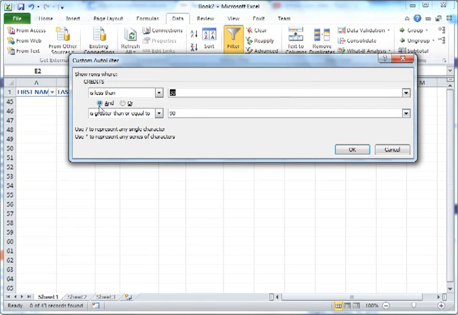The two parts of the rule are correct, less than 30 and greater than or equal to 90. But in between here we've got a choice of either and or. If I choose and, it means both of these rules have to be true before a record will be selected. Well, it's not possible for any number to be less than 30 and greater than or equal to 90 at the same time. So you're always going to get 0 records if you have a rule like this.